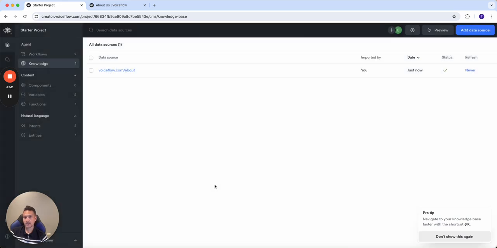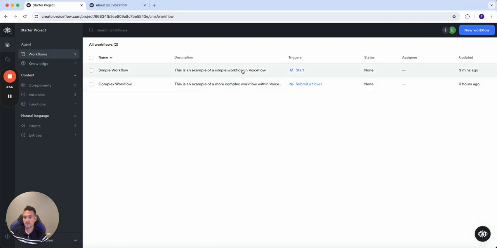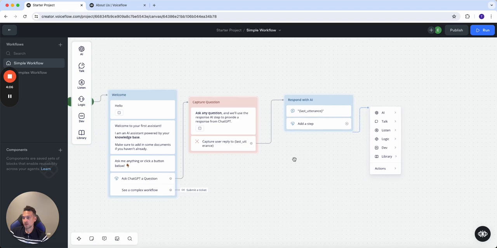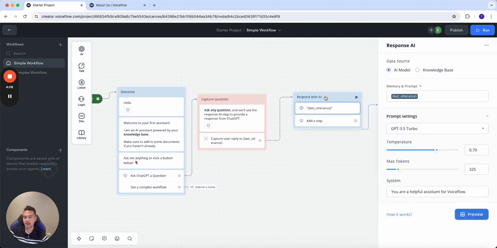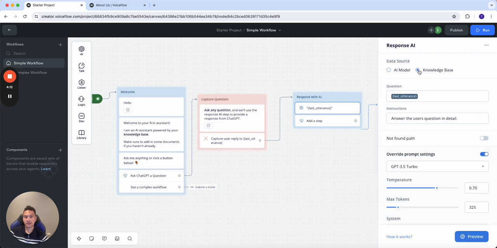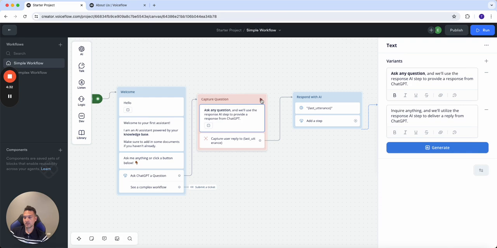All right, so going back to the workflow that we were building, and go back here. So if we go to the respond with AI, and we choose knowledge base now as a data source and pass a question that the user asks through the last utterance variable that we save for the user's question to. And under instructions, we can answer the user's question in detail. We can actually start the prototype from the capture question block. So if we start the test from here,